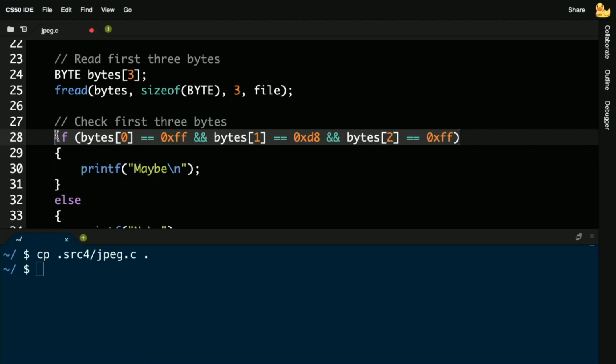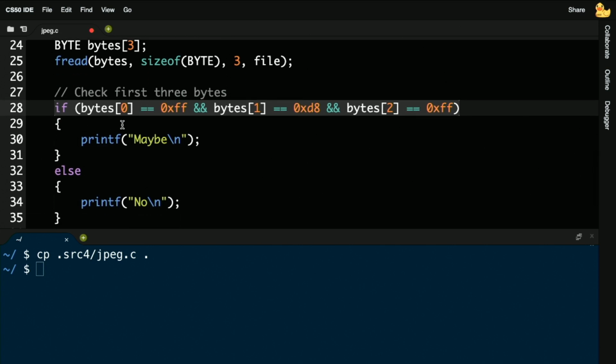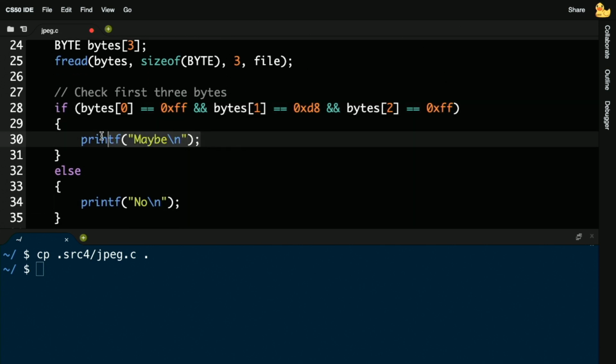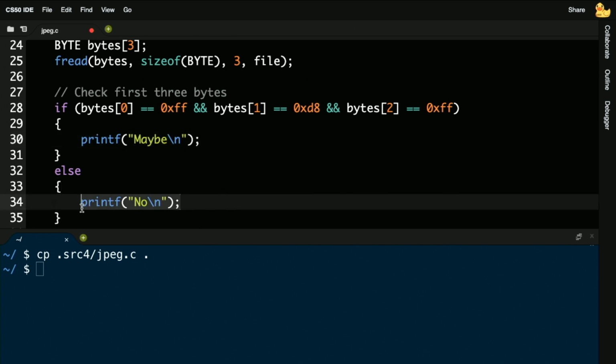Those are the first 3 bytes of any JPEG on your Mac, your PC, on the internet. They are always those 3 bytes. It turns out the 4th byte further decides whether or not a file is actually a JPEG, but the algorithm for that's a little fancier, so I kept it simple. If the first 3 bytes of a file are those, maybe you have a JPEG. But if you don't have exactly those 3 bytes, you definitely don't have a JPEG.